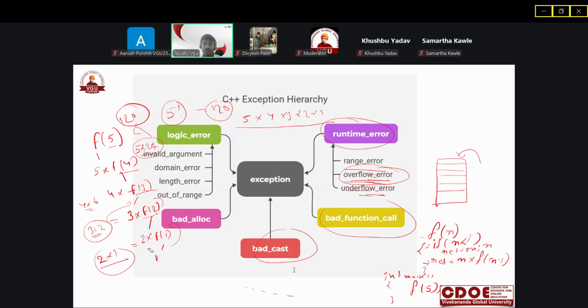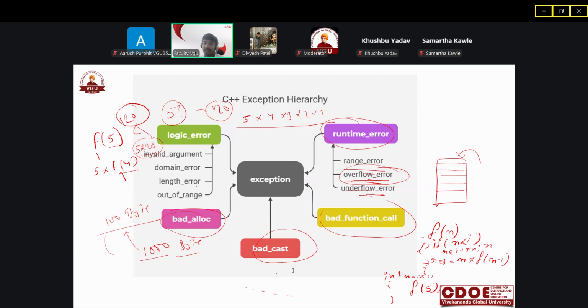And we have another type of error, that is bad allocation. We are trying to allocate the memory at runtime using the new keyword. What does bad allocation mean? Say we have a space of 100 bytes in the memory, and we are trying to allocate thousands of bytes of memory to the variables, and we have sufficient space of only 100 bytes. So how is it possible? This will give a bad allocation error.